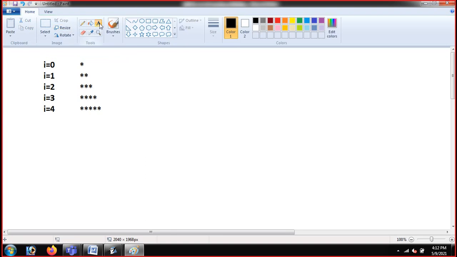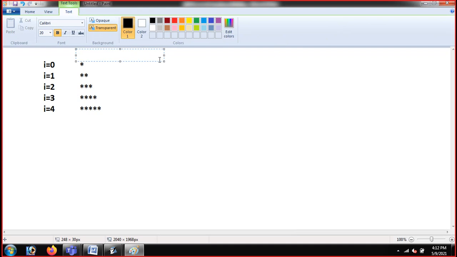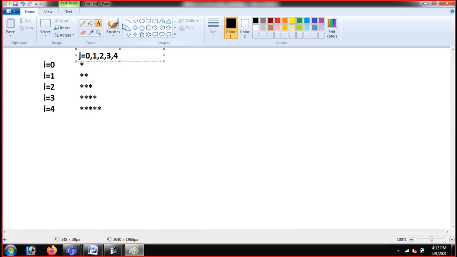And now I'm going to talk about a column. Now what do you mean by column? Column means you can see these are my columns. So I'm going to give a name here, that is my J. This is my 0th column, and you can see the second star is on the first, the third star is on the second, then third, and then fourth. So if you can see, at the intersection, this is where my I is 0 and my J is also 0.